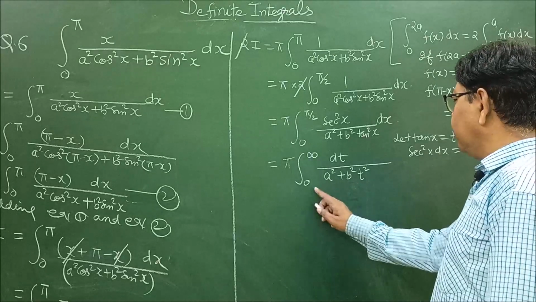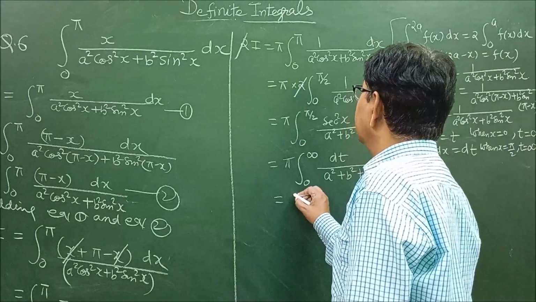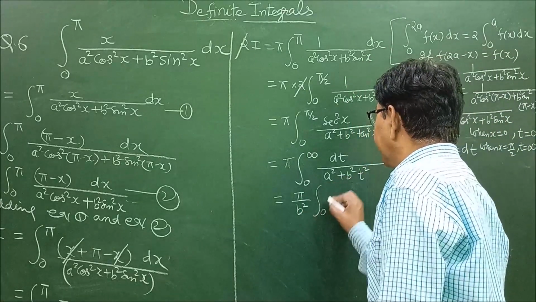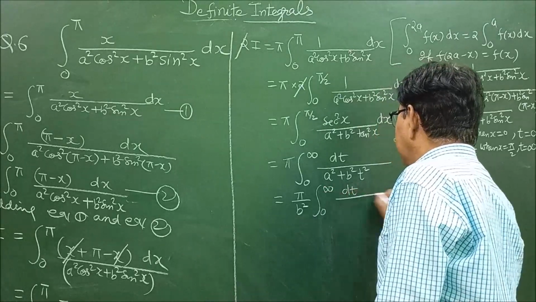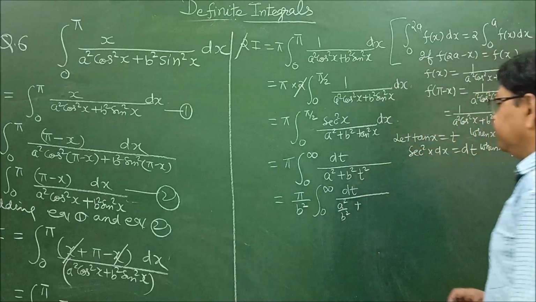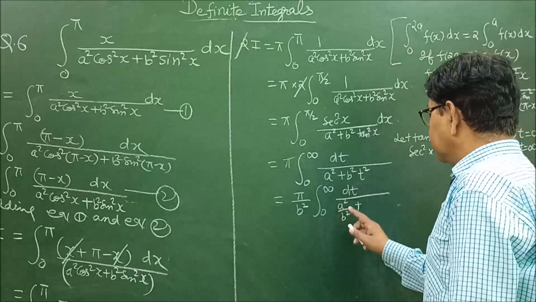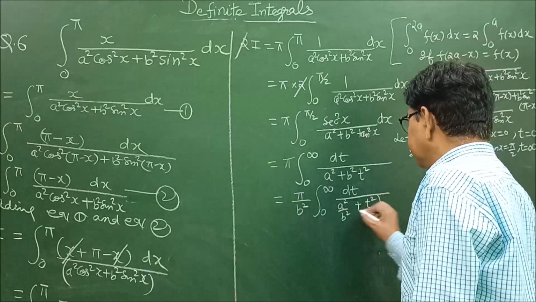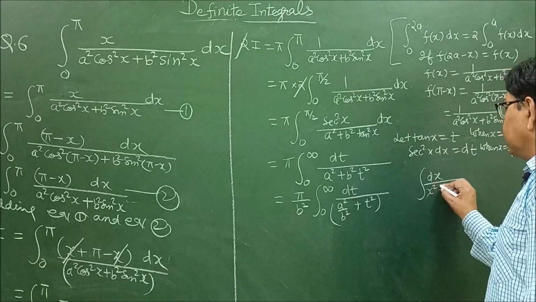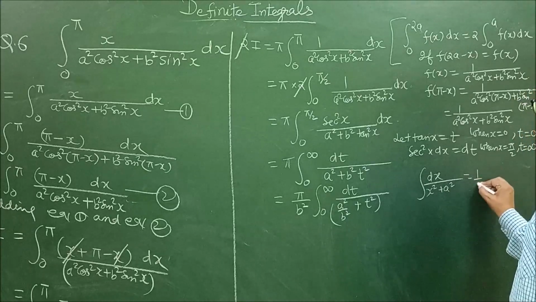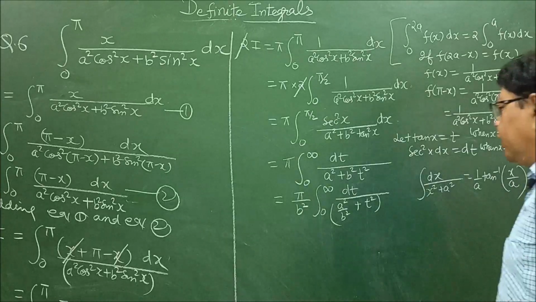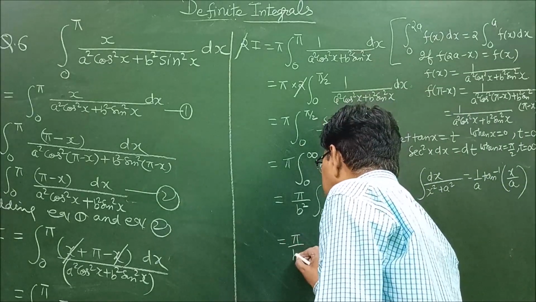Now taking b square common from here, we get pi upon b square, integral from 0 to infinity dt, and with b square taken as common, a square upon b square plus t square dt. As you know, dx upon x square plus a square is equal to 1 upon a tan inverse x upon a. Using that formula here, this is equal to pi upon b square into